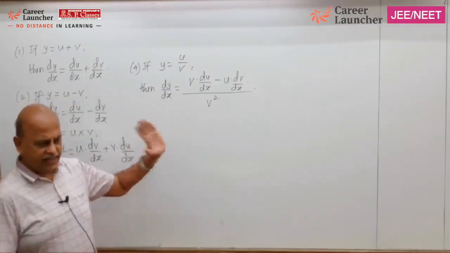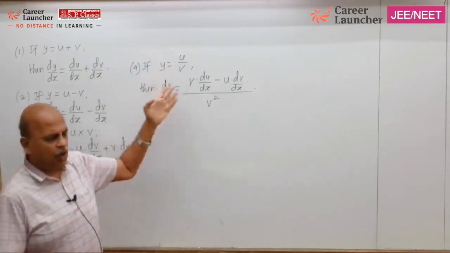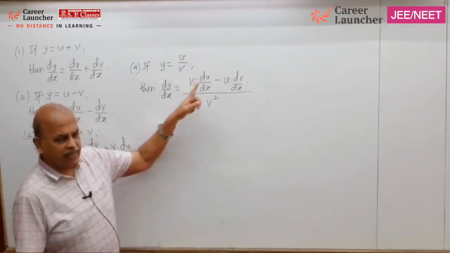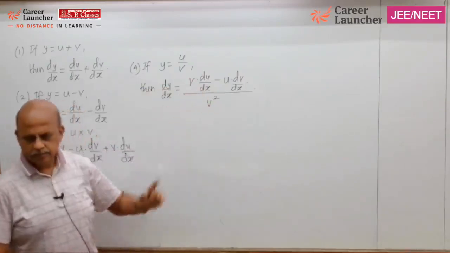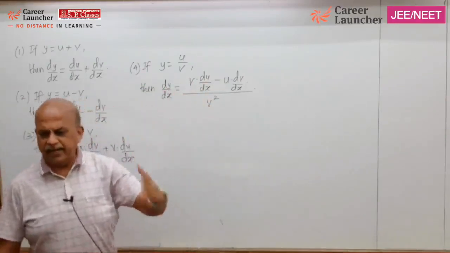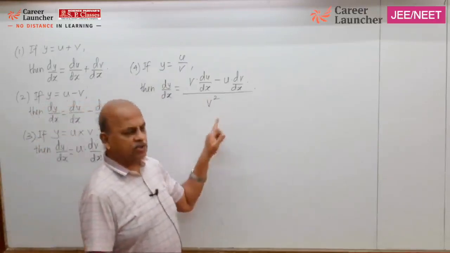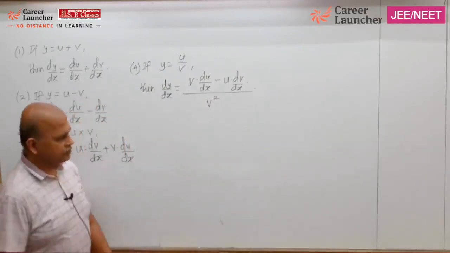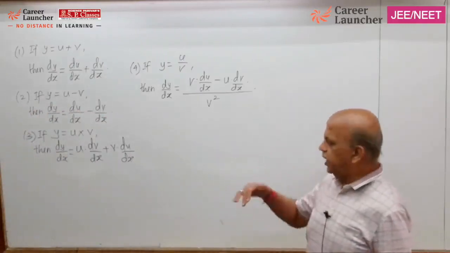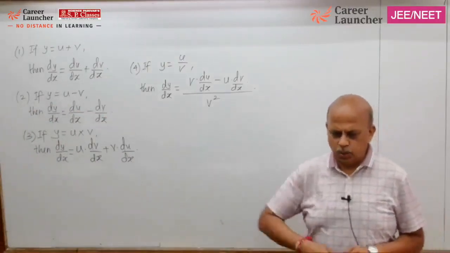So here once again let us recollect the rule. Instead of u and v, we'll call them numerator and denominator. The rule is, say it after me: denominator into derivative of numerator, minus numerator into derivative of denominator, the whole upon denominator square. Okay. So these were the four rules we have already introduced in the 11th standard and solved some very important questions based on these rules.